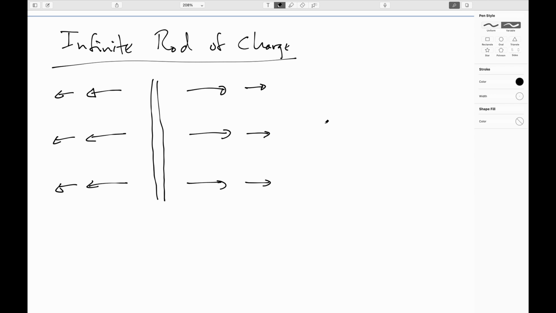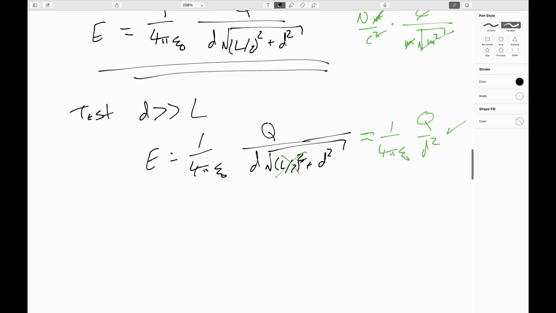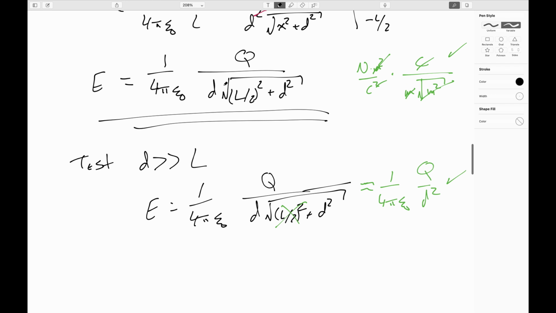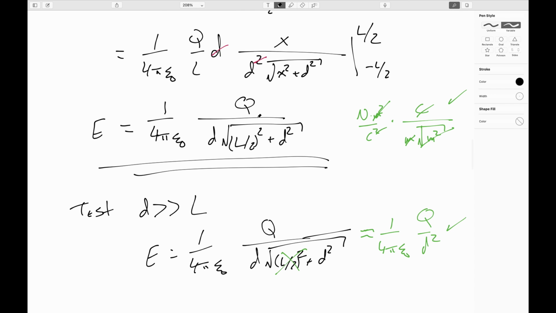So how can we test that? You can't just up and blithely stick in L equals infinity here. If you did, you're going to get infinity squared, and then you're going to take the square root of infinity, get infinity, and then you're going to divide by infinity, and then you're going to get 0. And okay, fine, if you're infinitely far enough away from anything, you get 0, but that's not too good. And yes, I know I treated infinity like a number, and that's not totally legit, but just roll with it